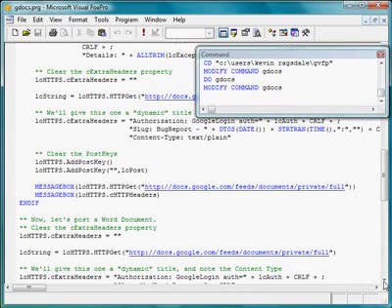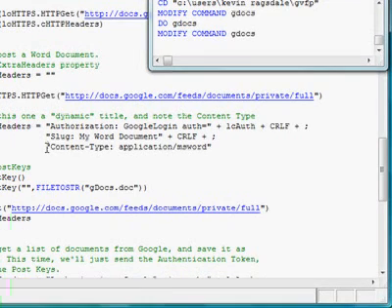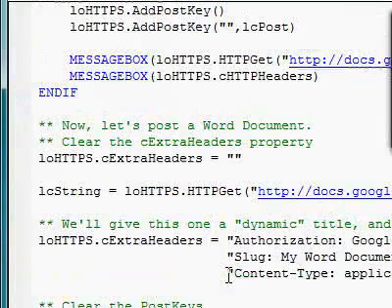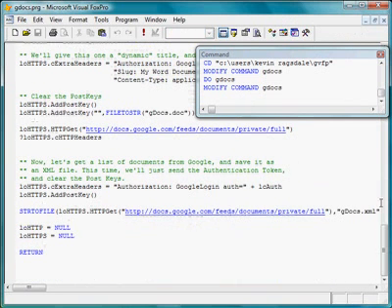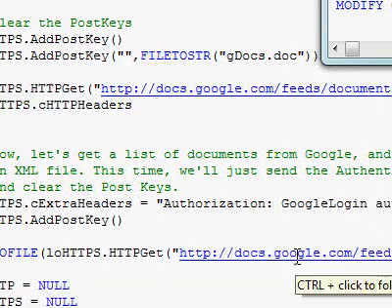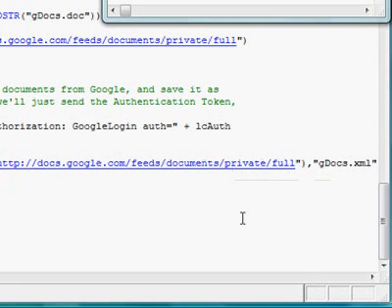Then when it came time to upload the Microsoft Word document, you should take note of the content type. We sent that as application MS Word. That told Google that, hey, this huge string that we're sending to you is a Word document, and Google will see that and do the necessary conversions that they need to do. Then after we got done with all of that, I made one last call. I sent out just my authentication token and said, hey, give me a list of everything you've got in my Google Docs account. And basically it returned it back as an XML string,